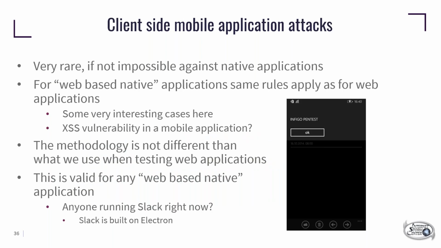Sometimes, depending on the applications that we can encounter, we can actually see different vulnerabilities that we wouldn't expect from mobile applications. So how about having a cross-site scripting vulnerability in a mobile application? Sounds like something impossible? Well, not really, because sometimes we can have so-called hybrid applications, which are becoming more and more popular lately. For example, if any of you are running Slack now, Slack is actually, well, some kind of